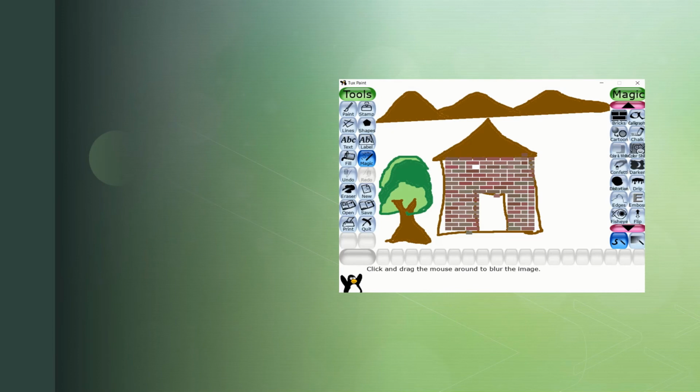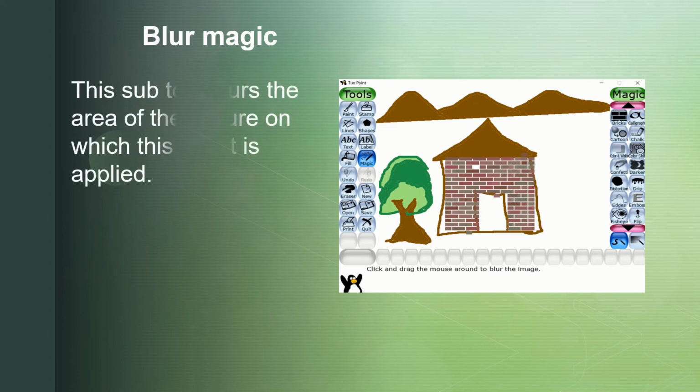Blur magic. As we have completed coloring part of the picture, after that, blur magic. How to use blur magic, one of the sub tools from the magic tool. Children, we are using the blur magic on the colored part. This sub tool blurs the area of the picture on which this effect is applied.